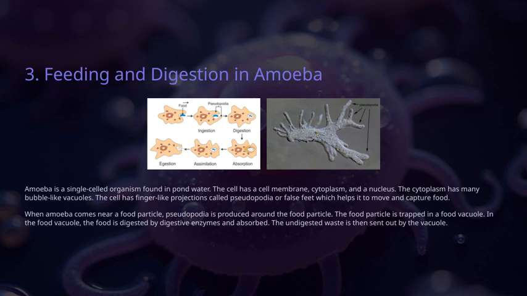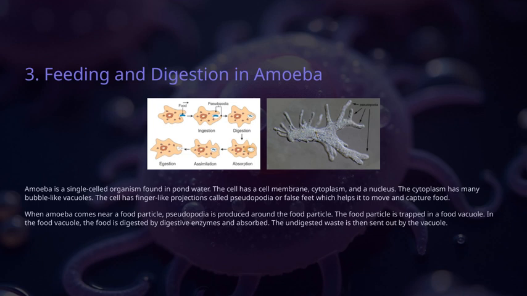When the amoeba detects a food particle nearby, it extends its pseudopodia around the food, effectively trapping it. Once the food is enclosed, it's stored in a food vacuole. Inside this vacuole, digestive enzymes break down the food, allowing the amoeba to absorb the nutrients. Any undigested waste is then expelled from the vacuole, completing the feeding process. This whole mechanism highlights how simple organisms like amoeba efficiently perform digestion, which is essential for their survival. It also connects to our overall theme of understanding how living beings, even at a microscopic level, have specialized methods